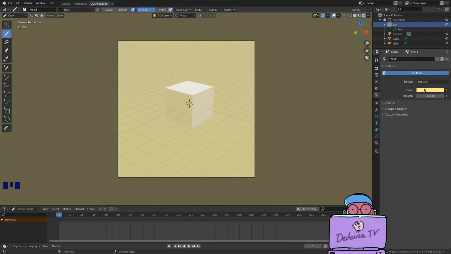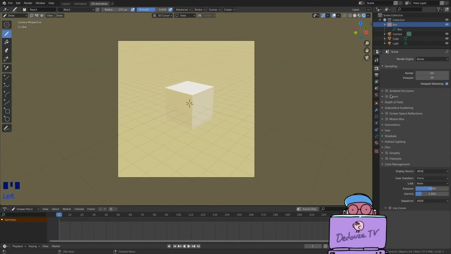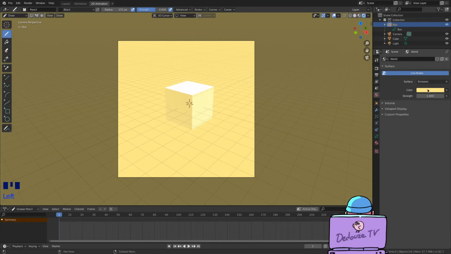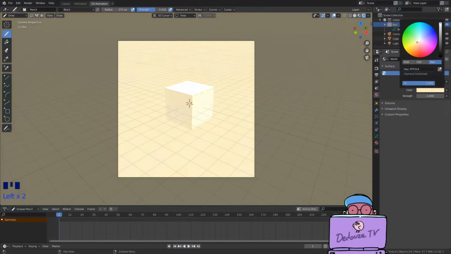And now you see that the color in the viewport is slightly different than the color that you picked in the right panel. That is because in Blender, the default export colors are adapted to make a more photorealistic or filmic render. But here we are doing a non-realistic drawing, so to change that you go to this little camera icon, and under the color management section you switch the view transform from filmic to standard. And then you see the actual color that you picked. Okay, that flashy yellow was just for the example, but I'm going to put a more pale color for this tutorial. In the end I'm going to change this to blue, but I will keep this bright pale yellow for now.